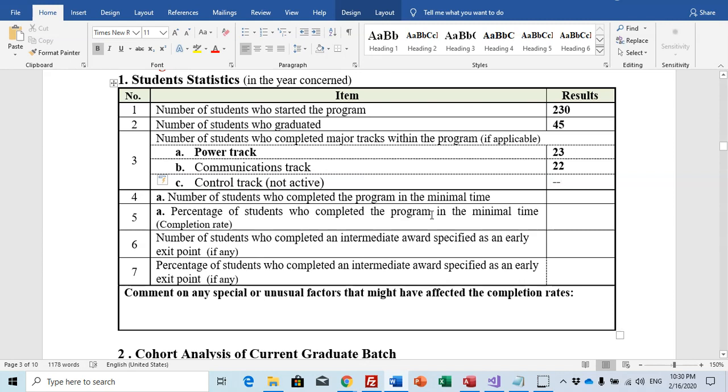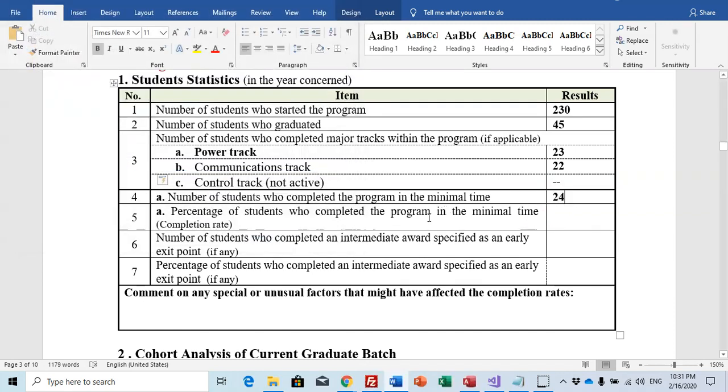Of course, you need statistics from your trusted source to calculate these numbers. For example, if you have 2019-2020, you have to go back 5 years and see the students who started this program and finished in this year with minimal time. For example, 24 students.